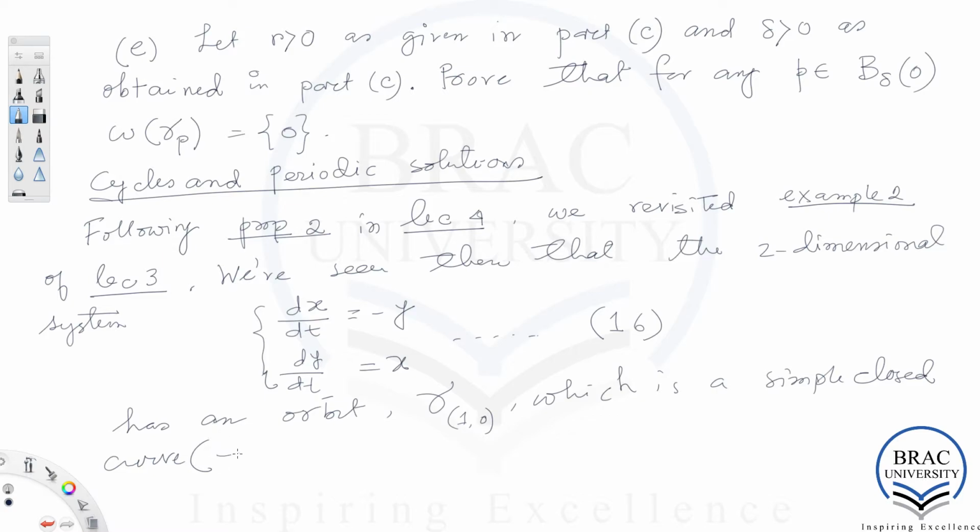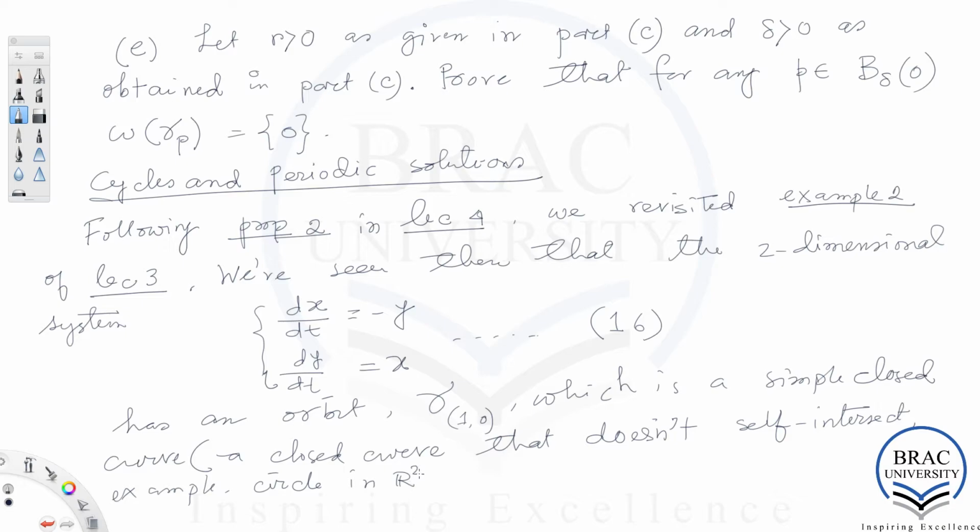A closed curve that does not self-intersect. Example, circle in R2. Okay, so gamma 1, 0, which is a simple closed curve in R2, which is of course a circle in this case,